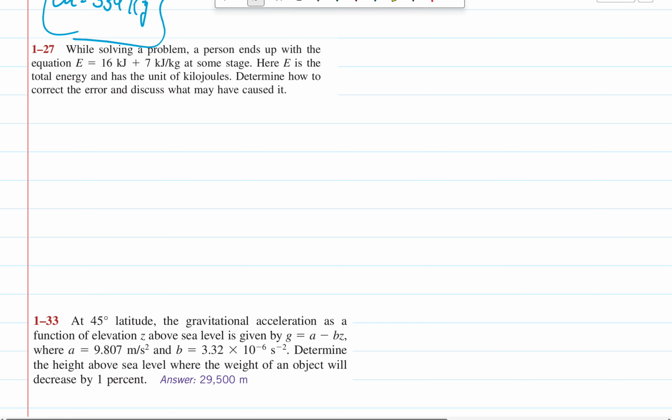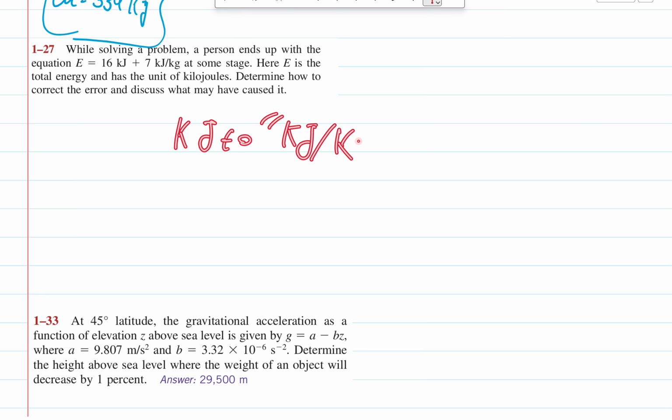So for this question, we have to find the error and what caused it. All right. So the main problem here is that we can't add them together. We can't add kJ to kJ per kilogram, kilojoule per kilogram and kilojoule. We can't add them together. So if you want to fix this problem, what should we do? Very easy. Just say that the